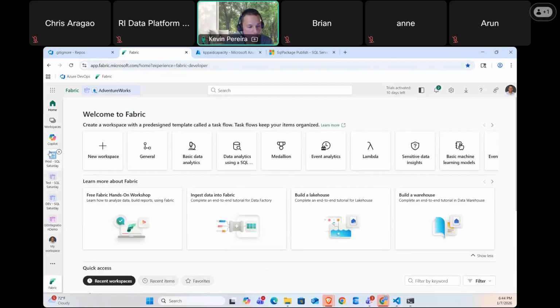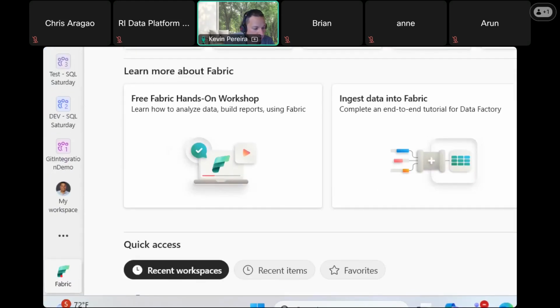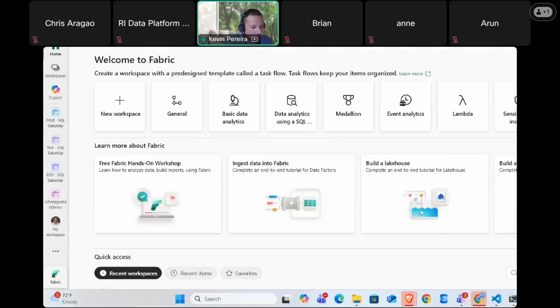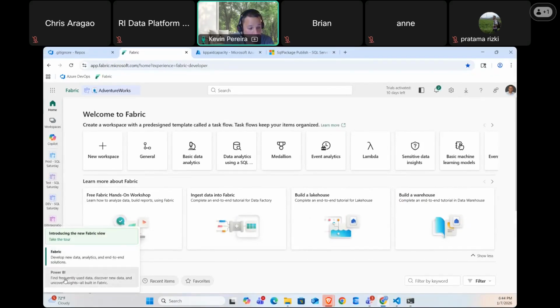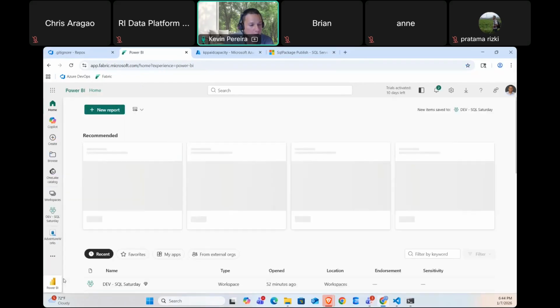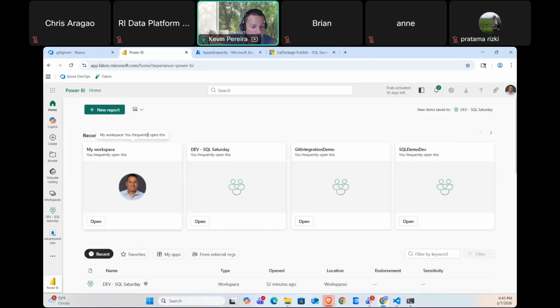These are the workspaces that I'm going to be working with because I happen to be in the Fabric environment, or in the Fabric experience. But down here at the bottom, you can see that I have a Fabric icon, right? And so if I click that, it tells me, hey, there's Power BI in Fabric. So if I click on Power BI, this is actually going to take me to the Power BI experience,